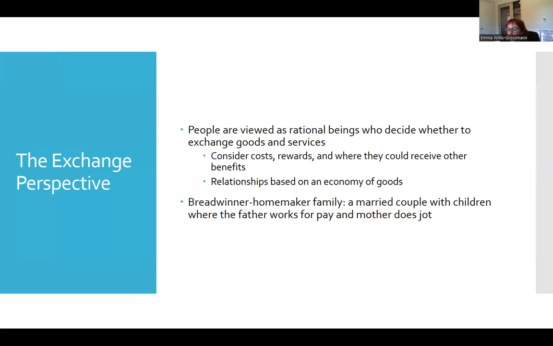This model is typically applied to the breadwinner and homemaker family, which is married couples with children. And typically it's the father who works full-time for pay, and then the mother does not. So in this dynamic, the father goes to work and earns income for the family to survive, which can be considered a cost to him, but it's a benefit to the relationship. It's a reward that he brings to the table. And although he's working, he is rewarded by not having to take care of household responsibilities or childcare because the mother in this type of family is typically the one to handle all the household duties and child responsibilities, which is a cost to her, but a benefit to the relationship. So it typically evens out.